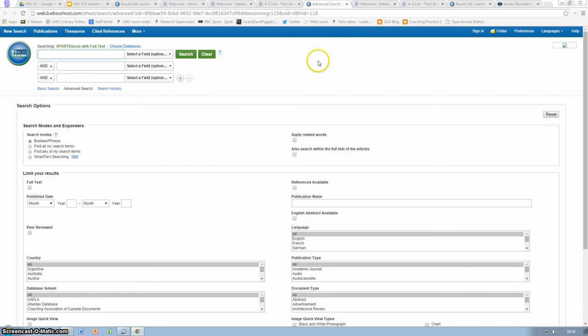So that's probably enough to get you started and get you able to access the library resources and start searching for information. Okay, so hopefully that's